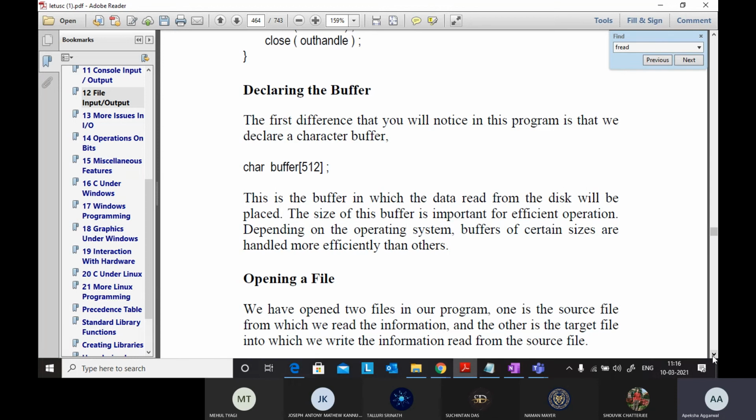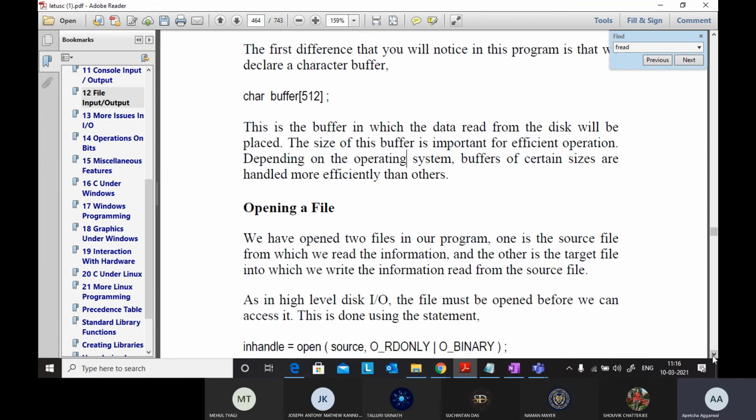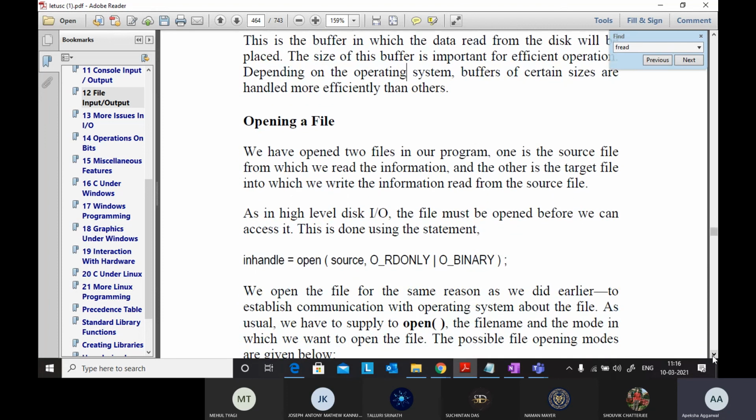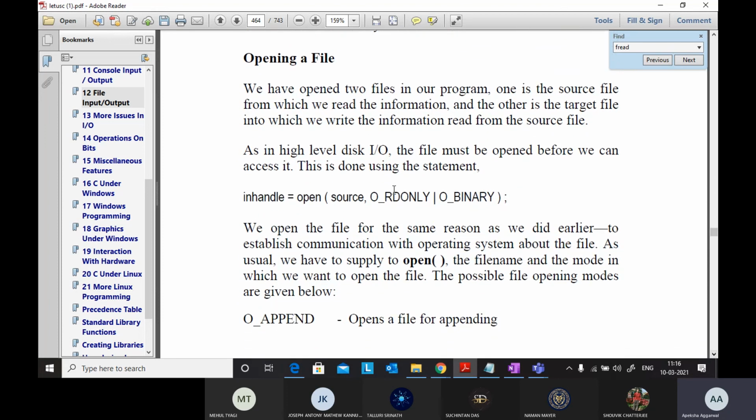Okay, so opening a file. While opening, you pass some flags, read only, binary, and you are opening this. This is the name of the source file, and you are using the open system call. Now instead of fopen, you have the open system call.